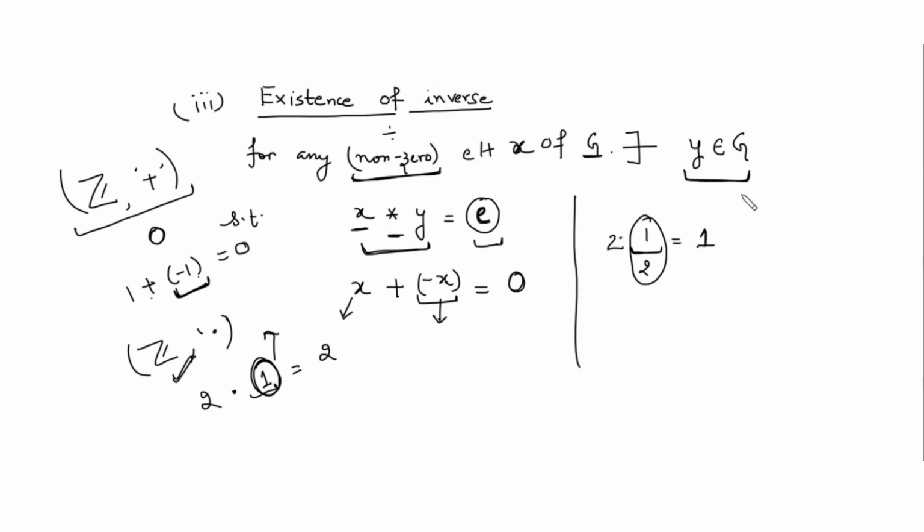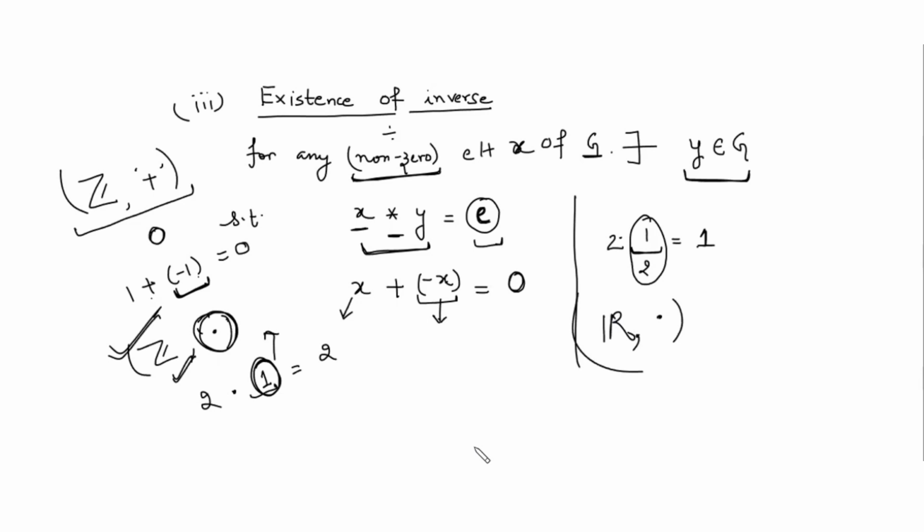No, ma'am. No. So that means inverse does not exist in the case of the set of integers with respect to the operation multiplication, right? However, if you consider the set of real numbers,